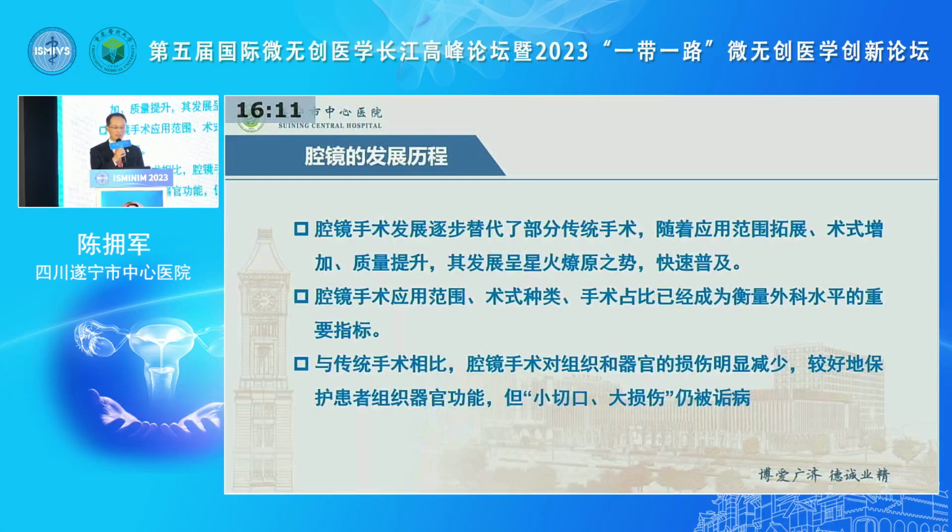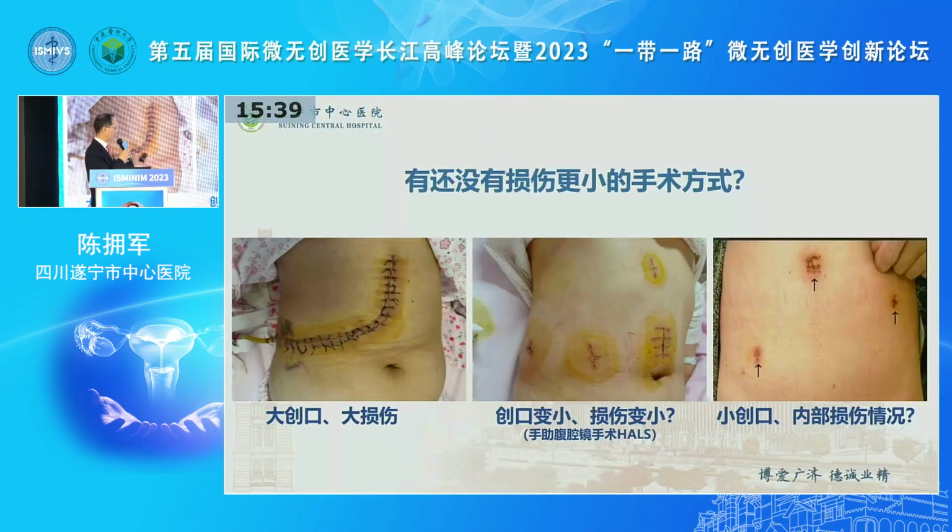part of the traditional conventional surgery. With the expansion of the application scope, the increase of surgical methods, and the improvement of quality, its development has been on the right track and rapidly popularized. Endoscopic surgery has become an important measure and indicator of the level of surgery. It can, on the one hand, protect many of the organs, but a small incision with a big trauma or injury still remains a pain point for